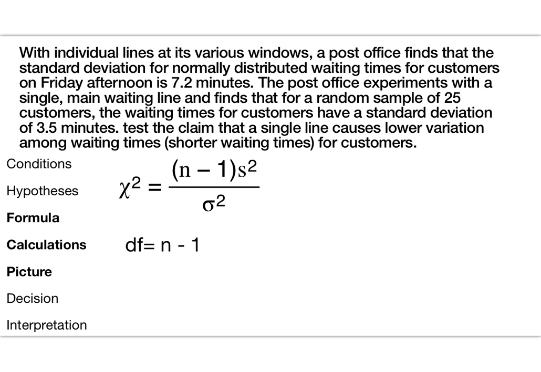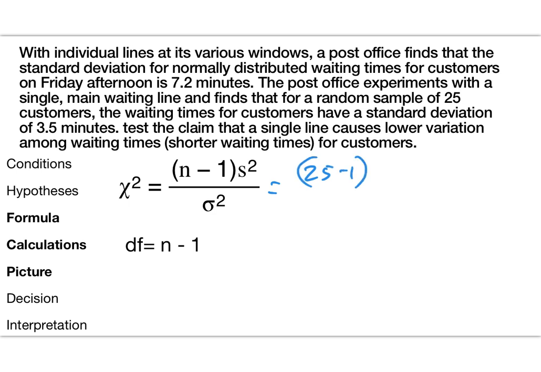And then there's my slightly modified formula. Test for variance, much smaller: n minus 1, s squared, over sigma squared. How many people? Random sample of 25 customers. Oh, so it's 25 minus 1,